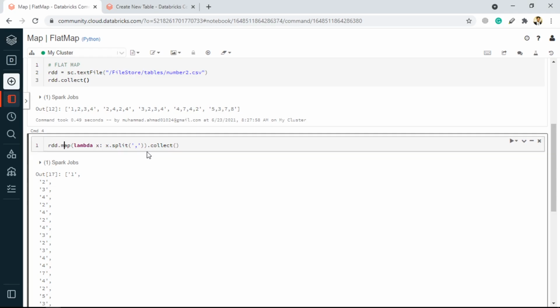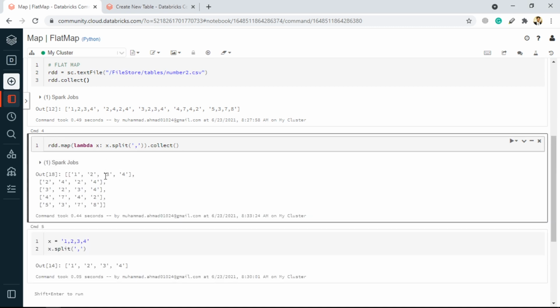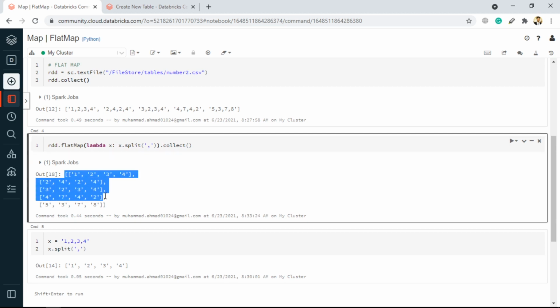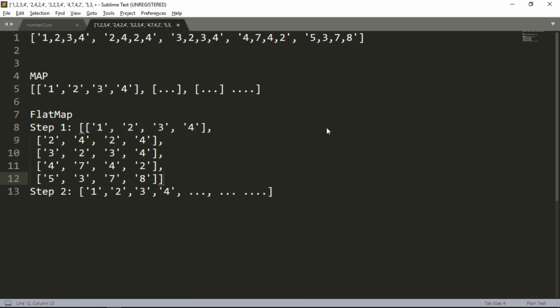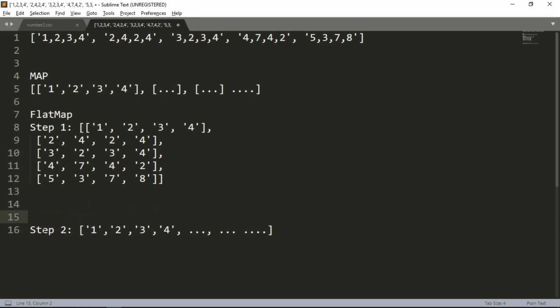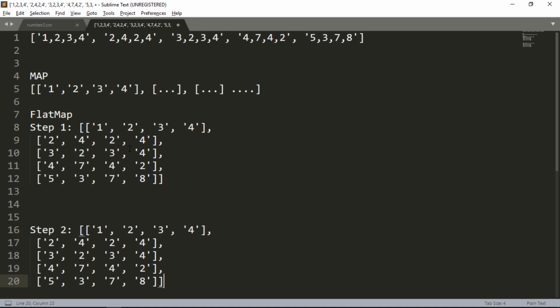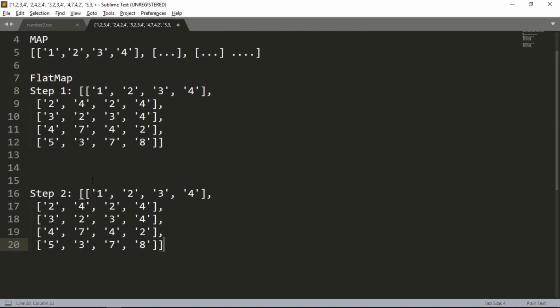Here you can see that if we apply map on it, we get this data. And if we apply flatMap on it, under the hood it will initially do the same thing at this level as step 1. Then for step 2, it will convert this thing to this thing, and then simply remove all the brackets and all the standalone elements, and it will provide a flattened output.